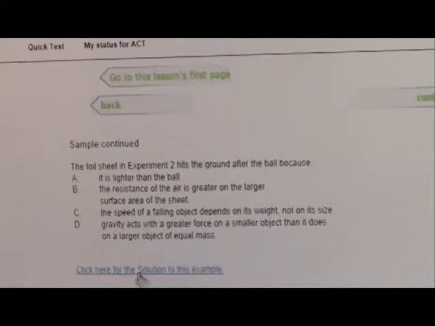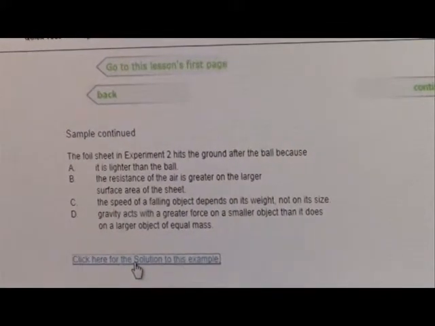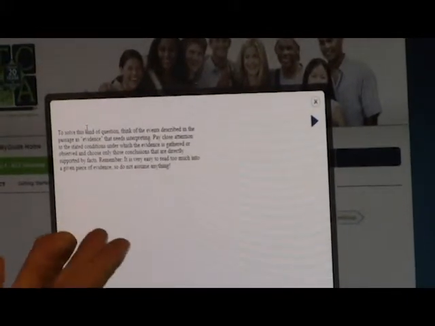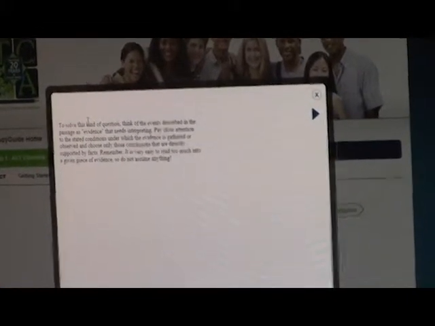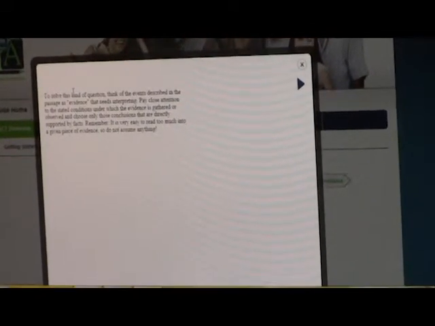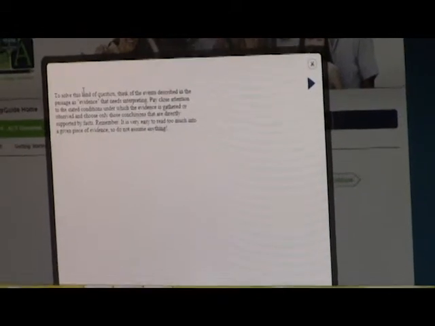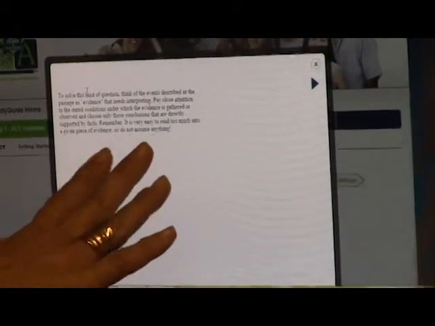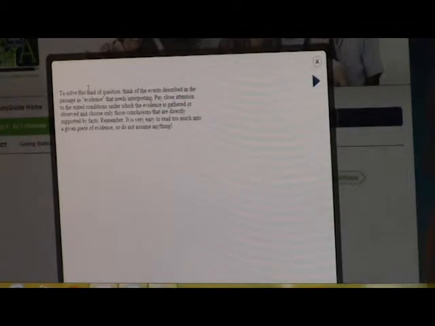We're going to see what it does here. Click here for a solution to this example. Okay, it tells you what you have to do in order to solve that kind of question. It says, in order to solve this, you have to think of the events described in the passage as evidence. And it explains exactly how you would be able to come to the right answer on that. And so remember, it's very easy to read too much into a given piece of evidence, so don't assume anything. And it's giving you a little lesson, and then you continue,